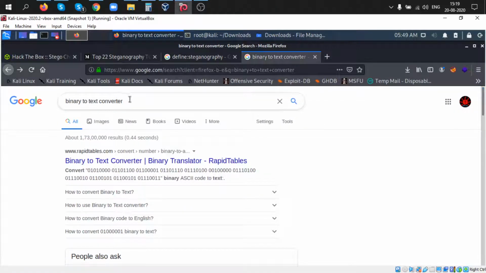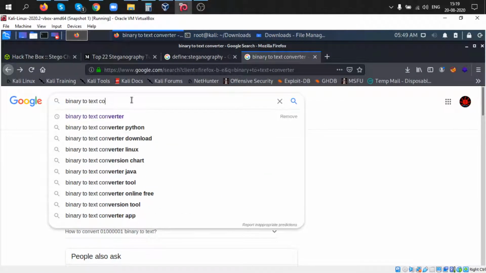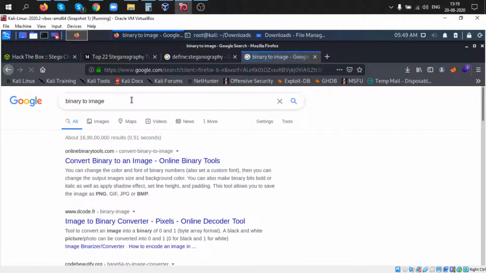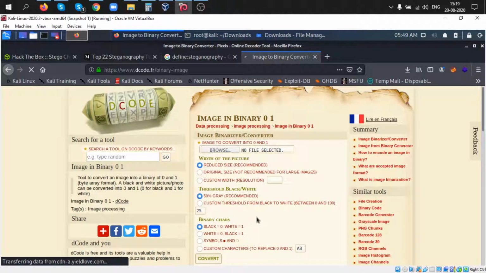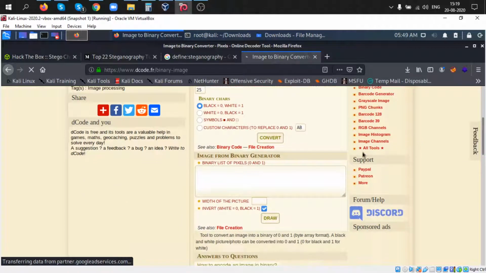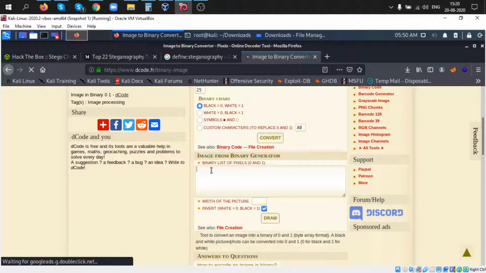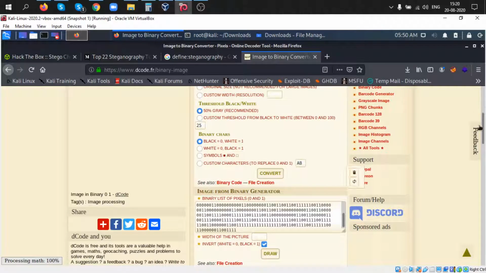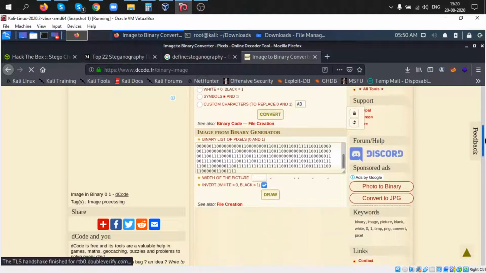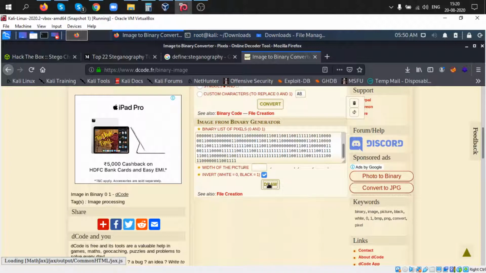So I type binary to image and check what happens there. I open this one, click here, paste this binary, and click on draw.